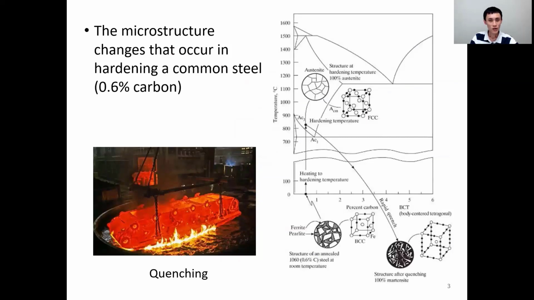So when we do heat treatment, in particular quenching, we are suddenly dropping the red, hot, high temperature steel into cold water or oil. By doing this, the strength and the hardness of steel can be improved. So this is still our equilibrium diagram. We are going to heat up the steel into the austenite zone, then suddenly drop the hot red steel